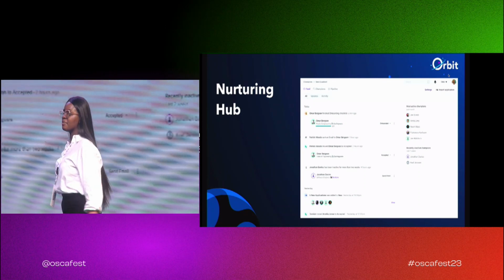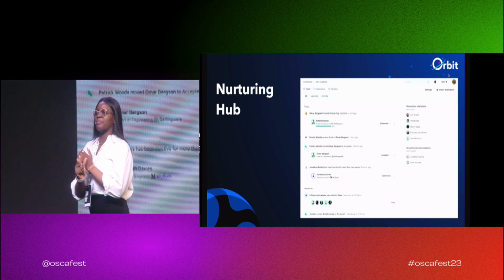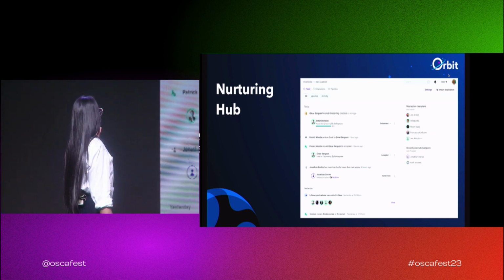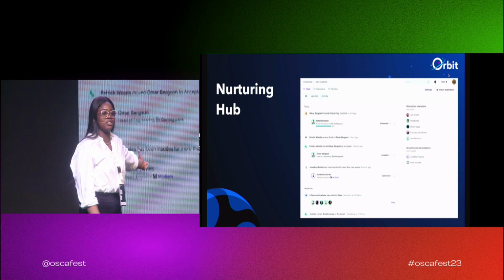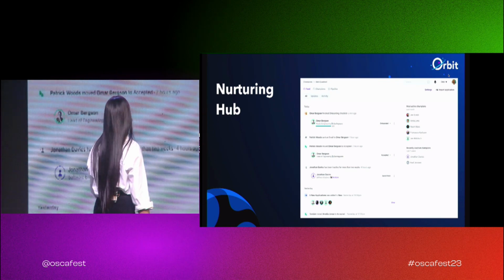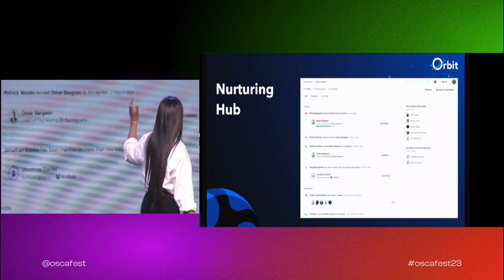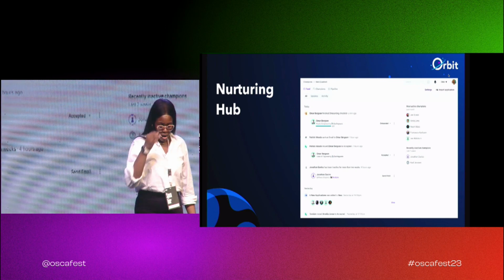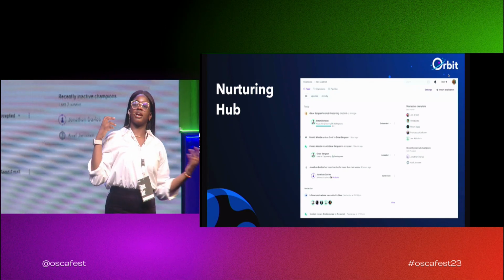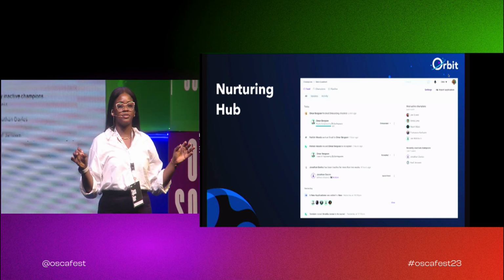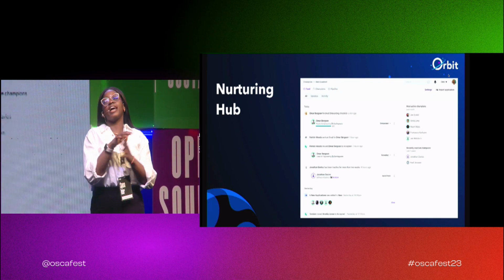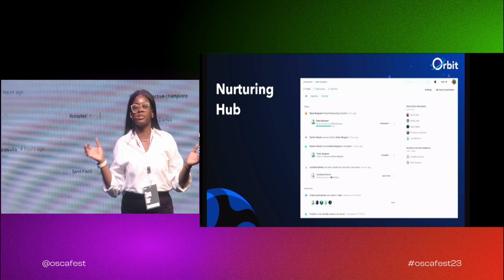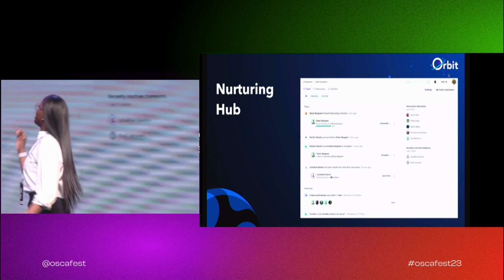So this page has everything about the activities that program members are currently involved in. You can communicate with them over here by sending out emails if they are not moving as fast as you want them to or they're having issues. And also you can see how other collaborators in your space are actively moving through the project. So what we're trying to do at Orbit here is make it very seamless for any community manager, any company to run programs. Programs can be a very hectic and time-consuming process, and we're planning to make it as simple as possible.